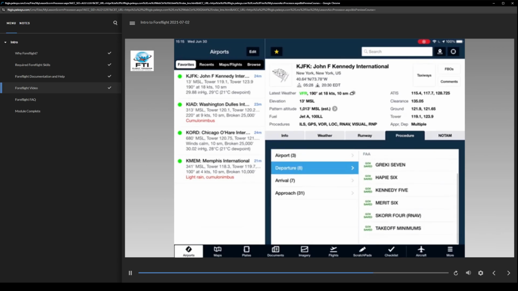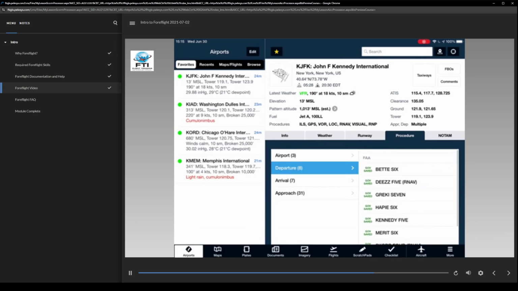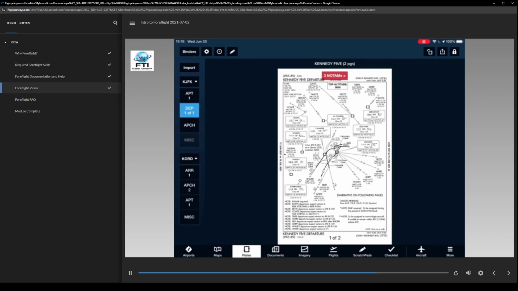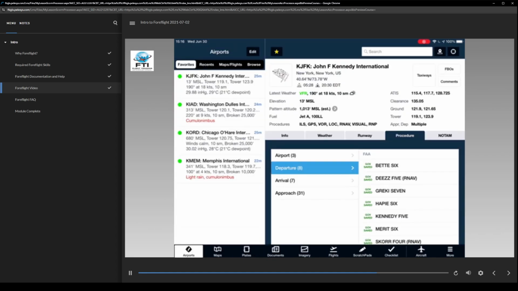I can choose departures, and I get all the departures available at that airport. In this case, I'm going to choose the Kennedy 5, and you can see the NOTAMs for the Kennedy 5 are available to me. I can go back to plates, or I can just hit close, and I can look